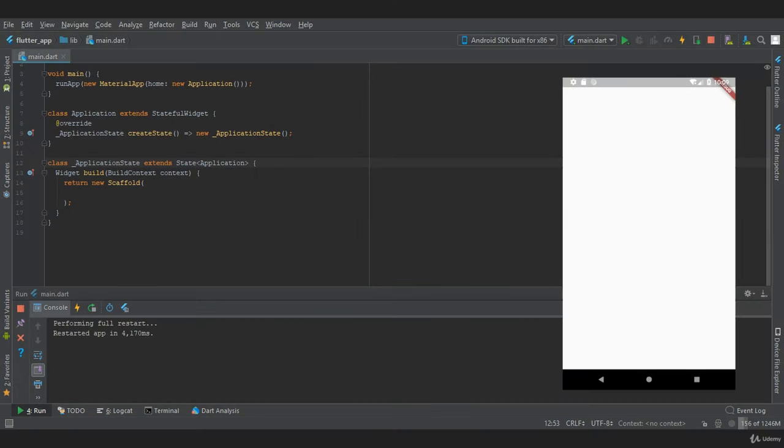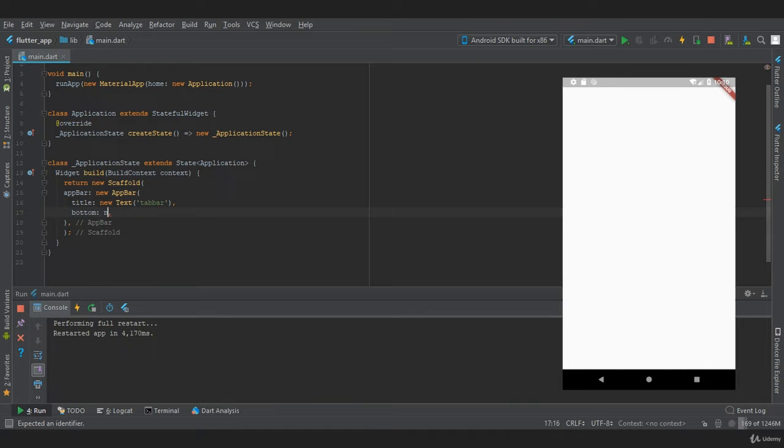So in Android Studio, as you can see, I have already created a scaffold. In this scaffold, we are going to provide an app bar, and we are going to say new app bar widget, and in this app bar widget we are going to provide a title as tab bar, and then we are going to create the bottom property which will help us to create a top tab bar.